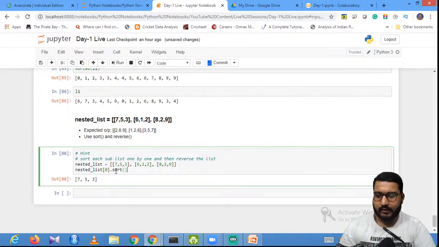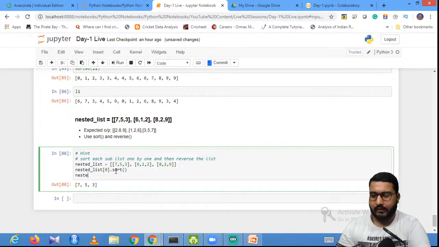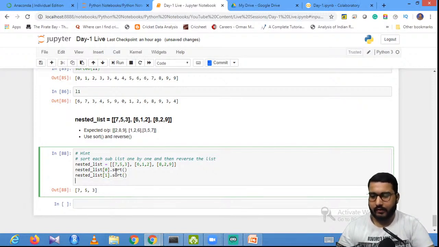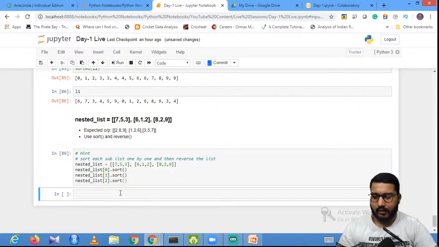So my zeroth list will be sorted. Then the nested list's first element, which is again a list, will also be sorted. And then the nested list's second element will be sorted. Now if you run this, and check your nested list,